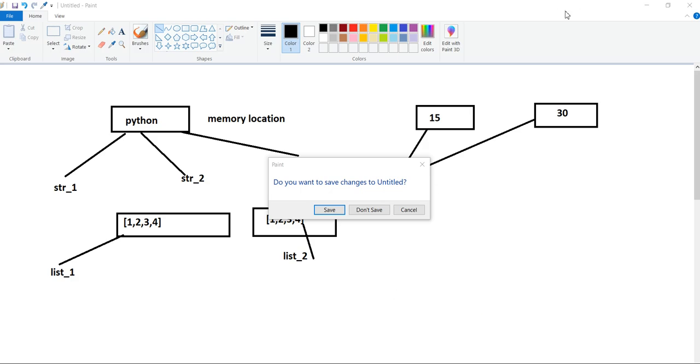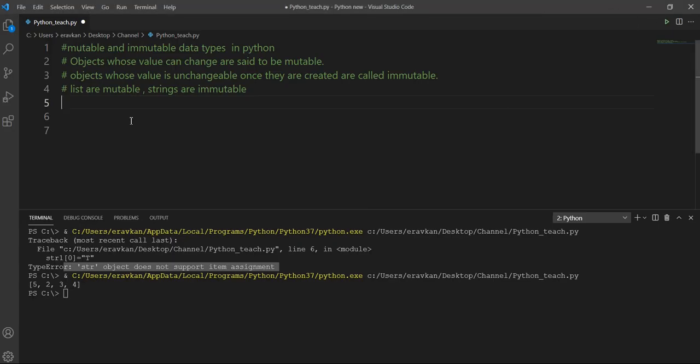We will consider it by example. You have string1 defined as Python, and if I define string_2 having the same value Python, then I can check the memory location. There is the id function, by which you can check the memory location of your object.